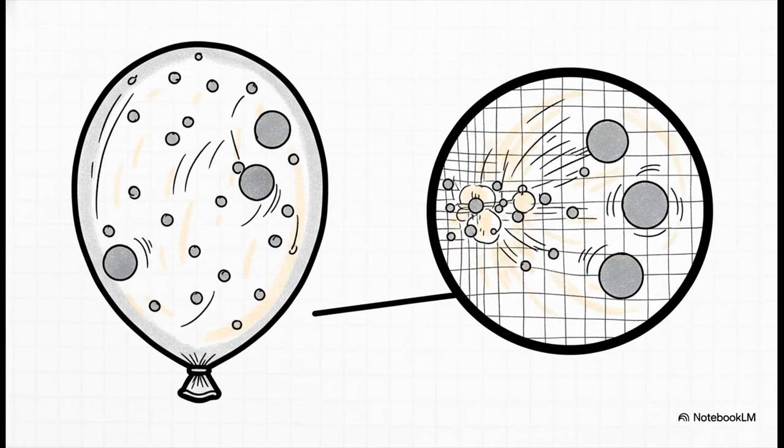And this isn't just theory. You see this in real life. It's exactly why a helium balloon deflates so much faster than a regular air-filled one. Those tiny, super fast helium atoms are moving so quickly that they can literally find and escape through the microscopic holes in the balloon. It's a direct result of them being so lightweight.